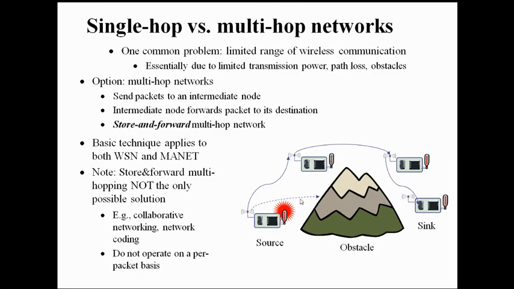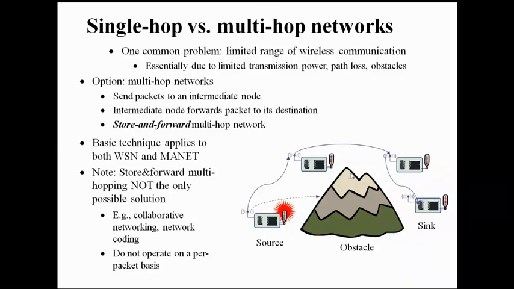In order to establish this kind of direct communication, there is no need for an intermediate node. We can directly transfer the information from source to sink. In this case, you can call it a single hop network. Suppose any obstacles are present between your source and sink, and we cannot directly transfer the signal from source to sink. During that time, we get help from intermediate nodes. The information will be passed to here, then here, then it will reach here. In this way the communication can take place. This kind of network you can call a multi-hop network.